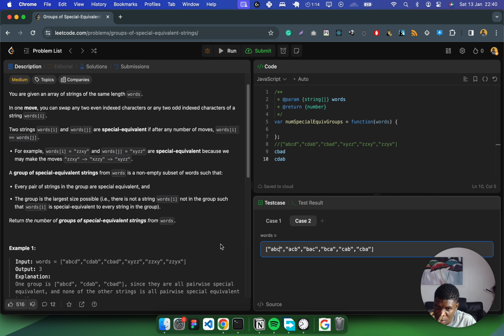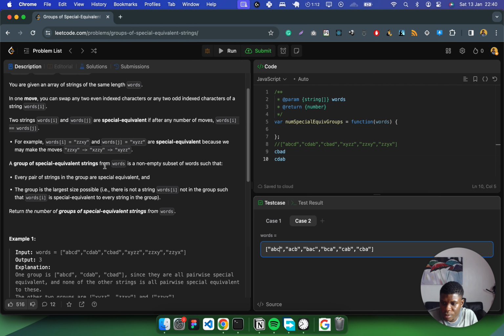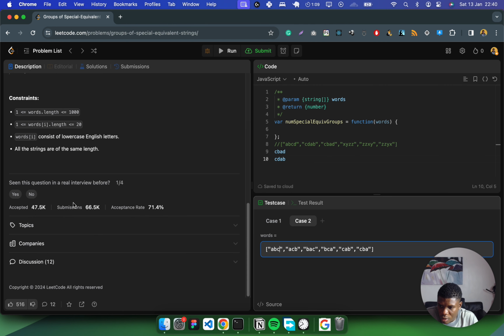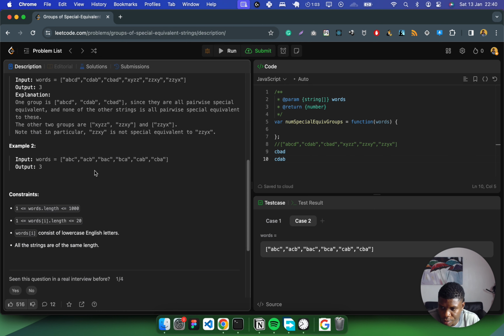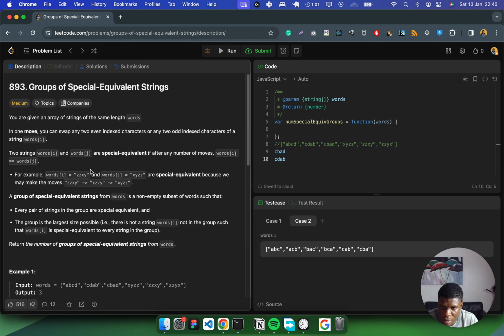This is very tricky. I would love to see the answer to this question. And the topics are arrays, hash tables, strings, and sorting. I mean, this sounds like an interesting question. And my time is about 1 minute. So when it elapses, I'm going to pause